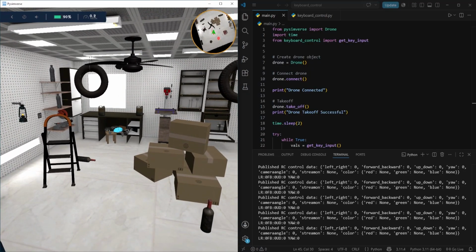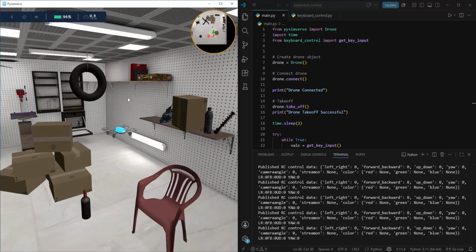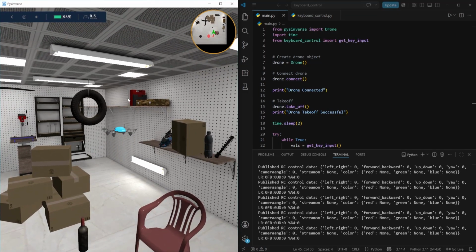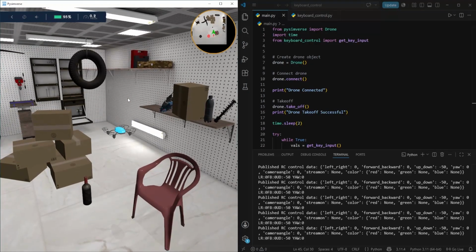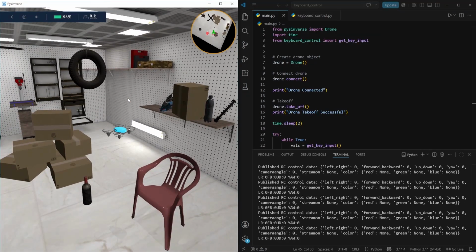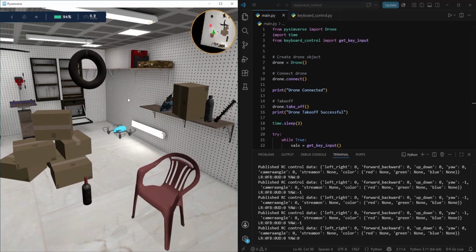obstacle avoidance. In this project, we will create a dedicated keyboard control module that listens for keyboard inputs and converts them into drone movement commands. We will then integrate this module with our main drone program, allowing us to pilot the drone using simple keyboard keys. By the end of this